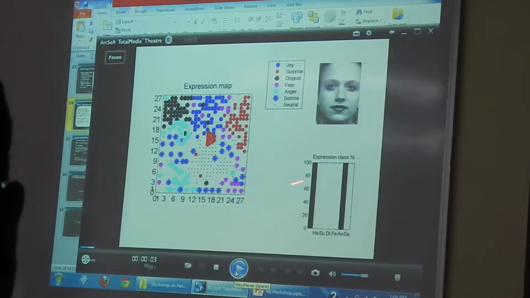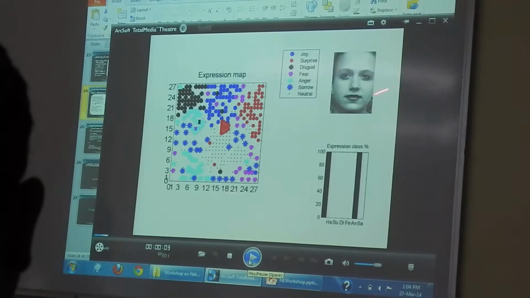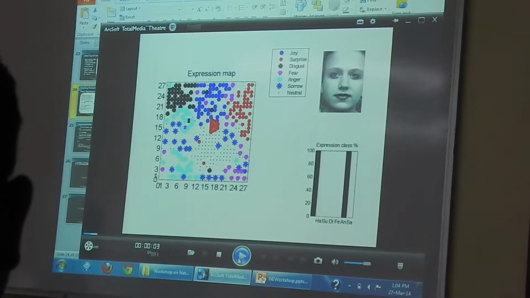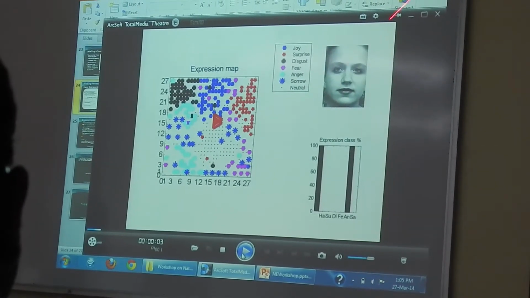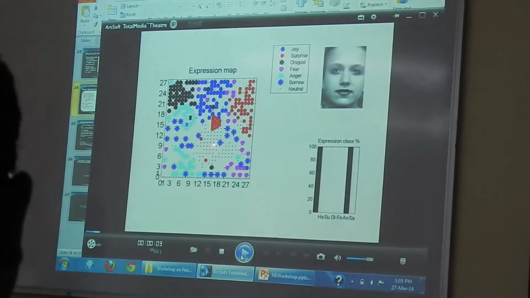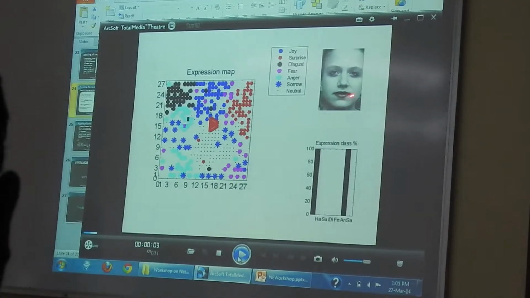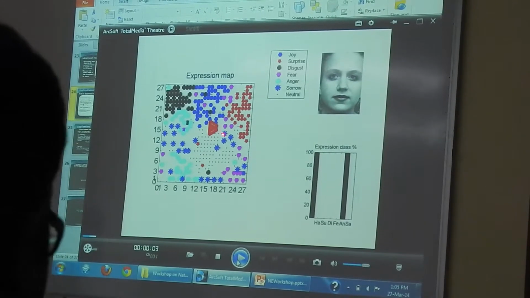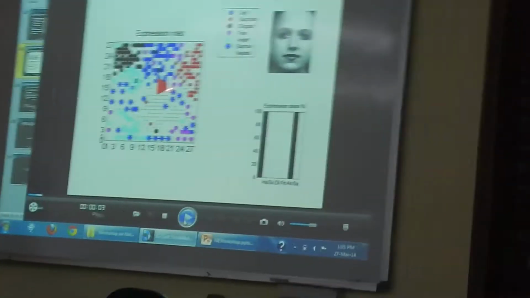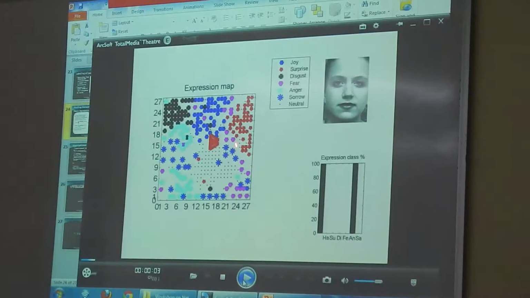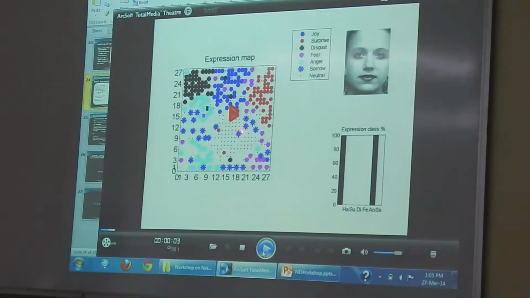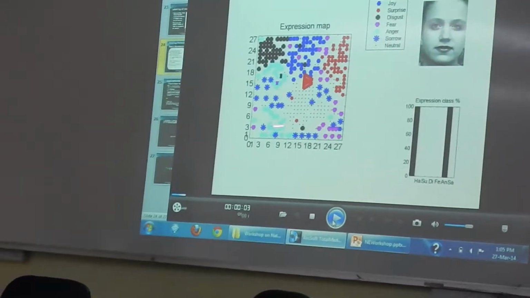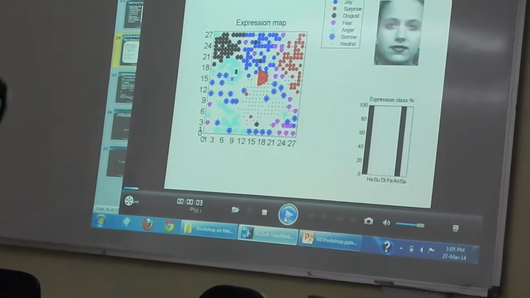One more thing. As this is a video, it is changing its expression from neutral to one expression to another expression. So the big red triangle will show the position of the expression in the expression map. When it is almost neutral, the triangle is on the neutral portion. When it is happy, it is expected that it will go towards happy. When it is showing surprise, it will go towards surprise, and so on. The red triangle will show the position of the expression in this expression map. Okay, let's start.